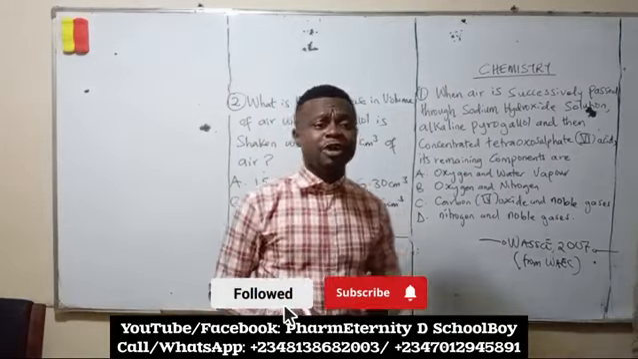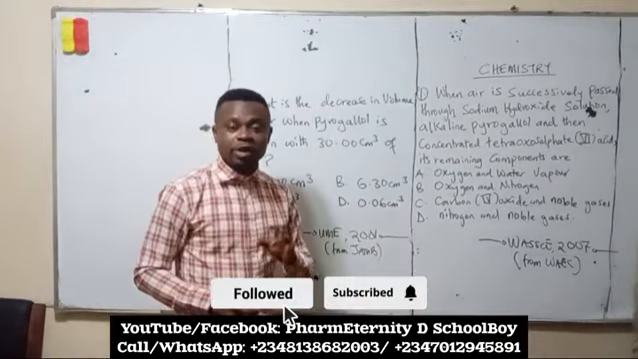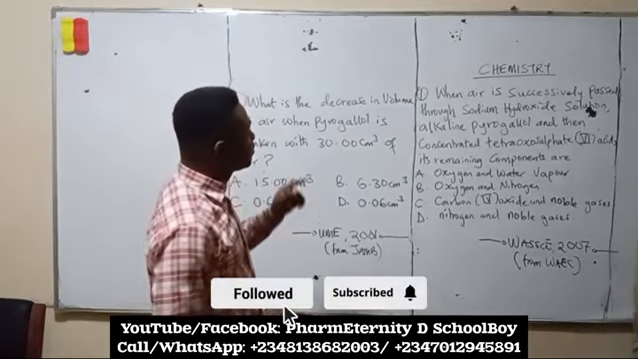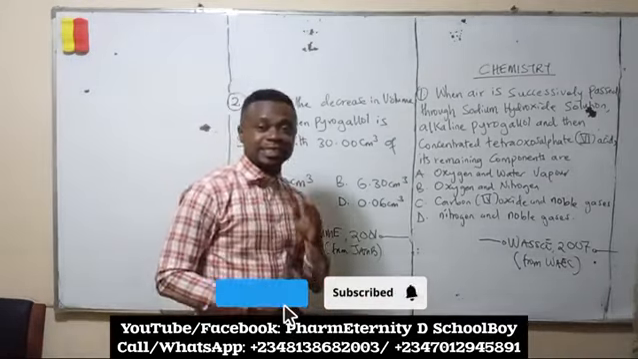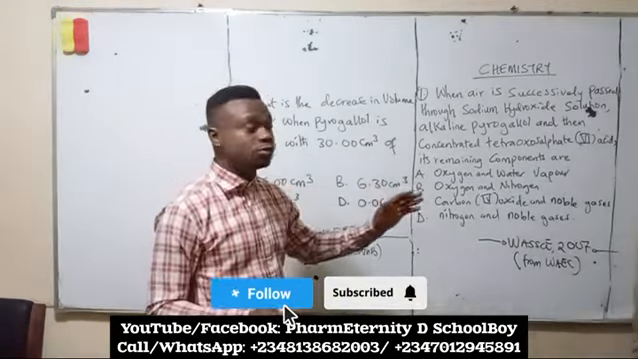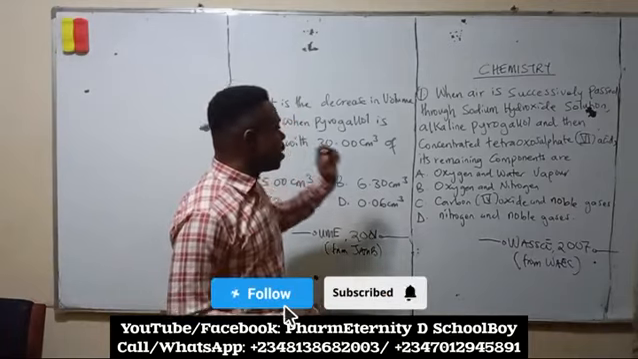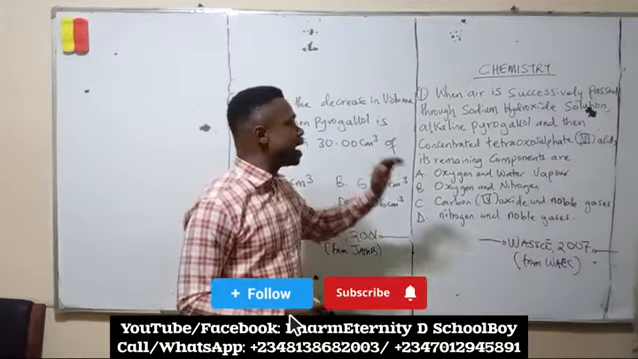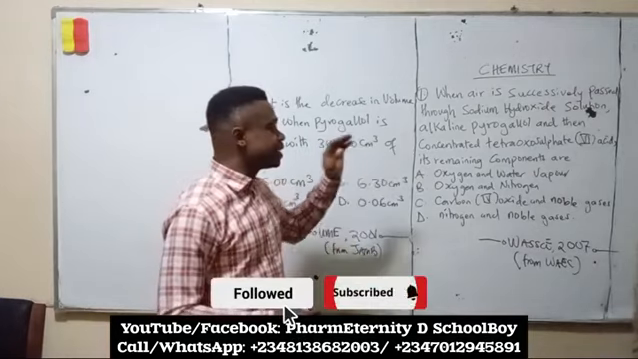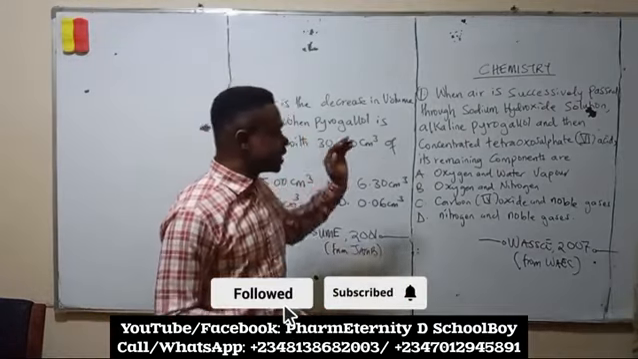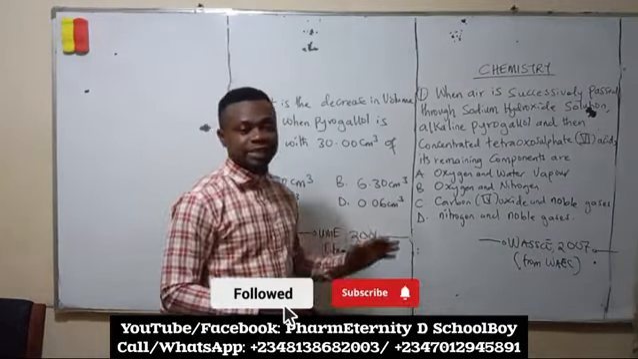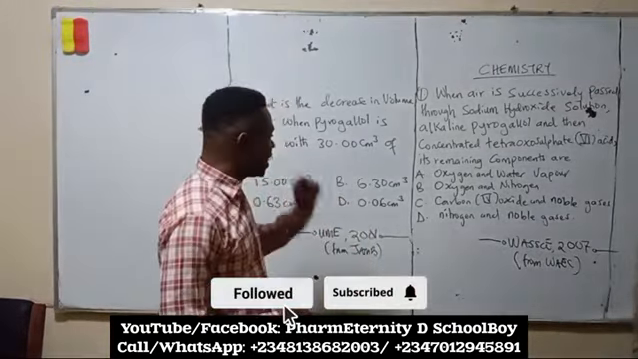Today, we'll take a look at chemistry and we have two questions on the board. Question 1 says, when air is successively passed through sodium hydroxide solution, alkaline pyrogallol, and then concentrated tetraoxosulfate 6 acid, its remaining components are